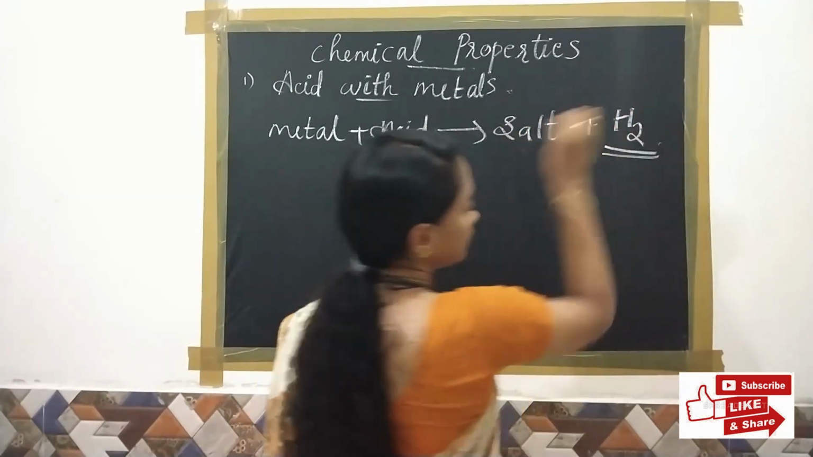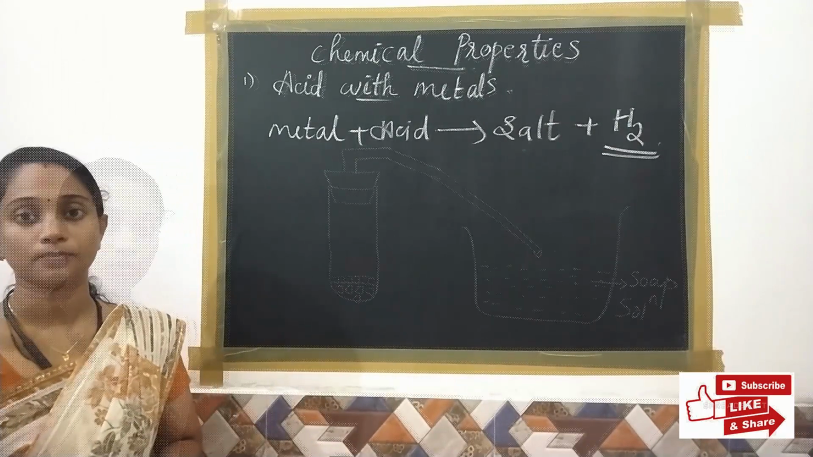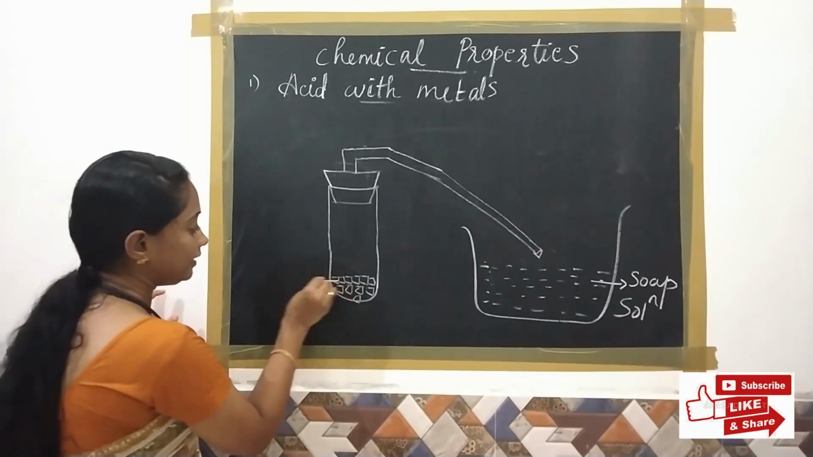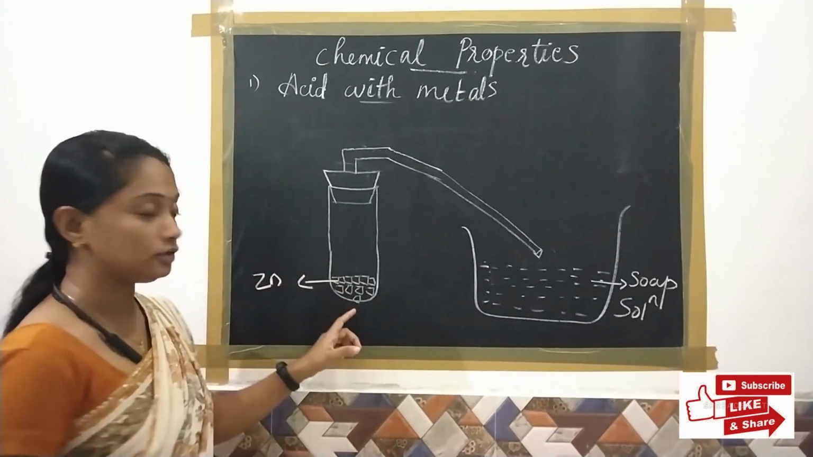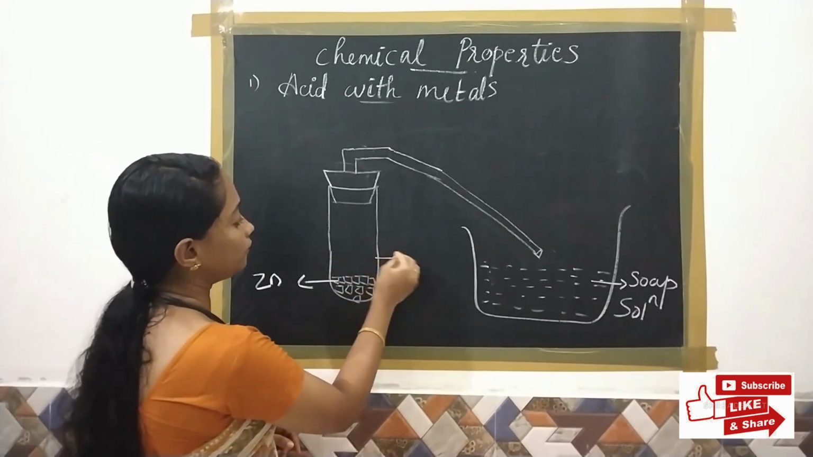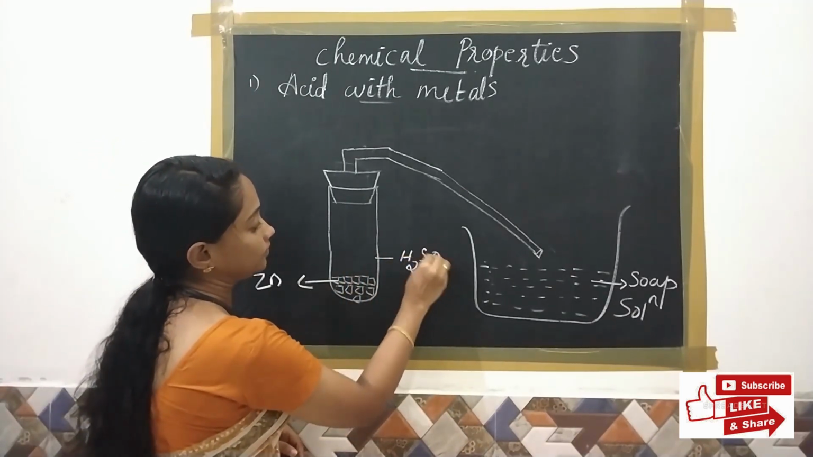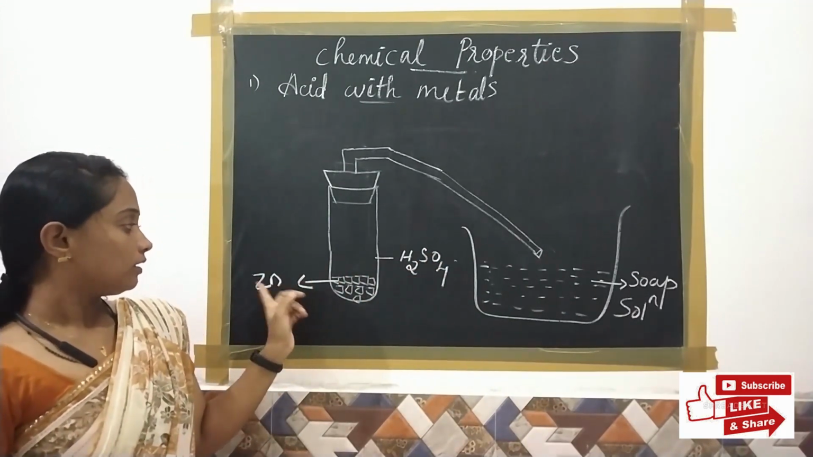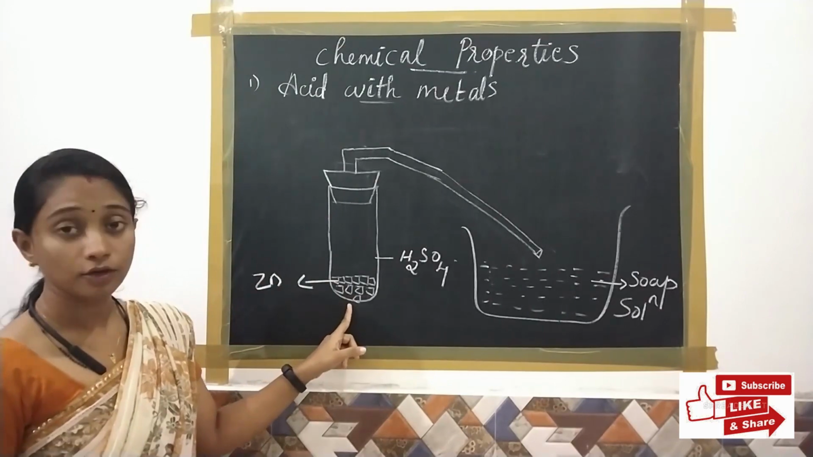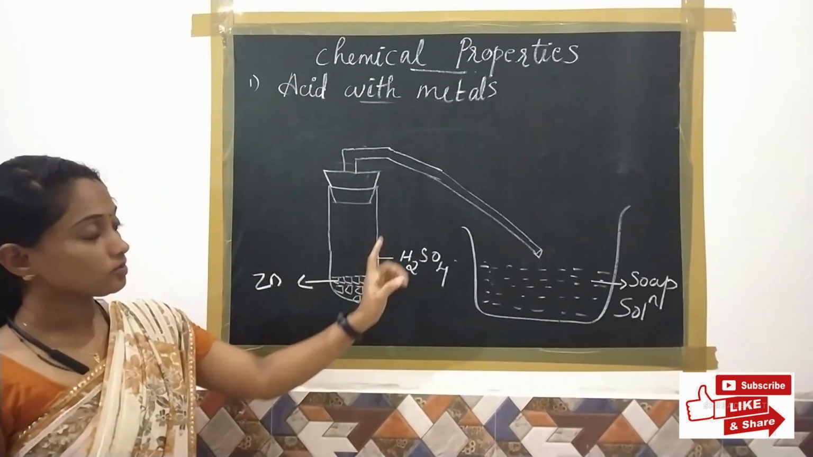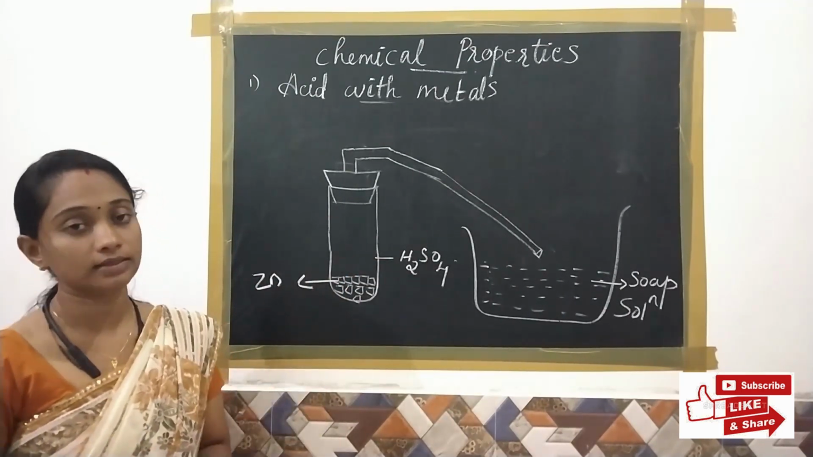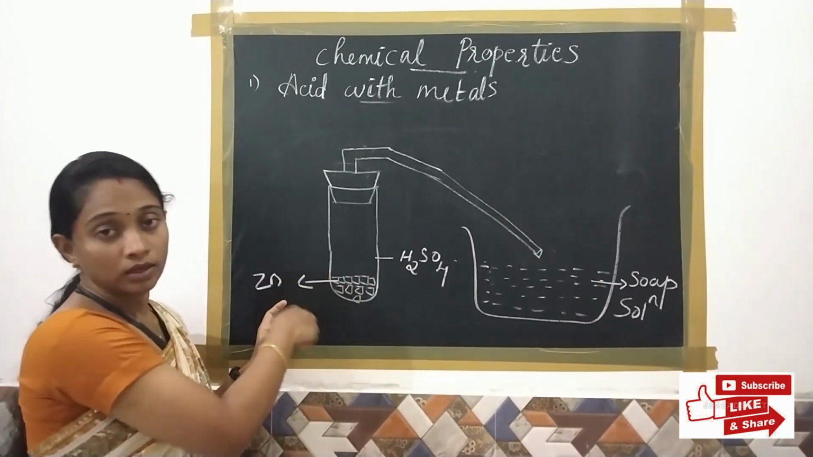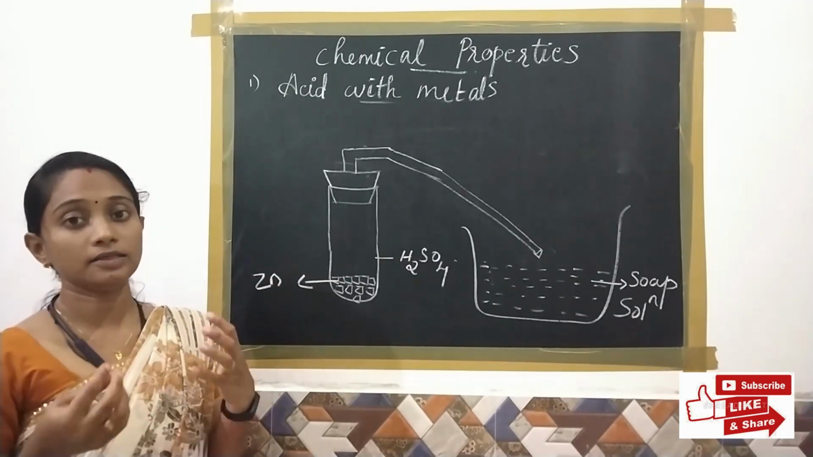Let us see a small activity. Take some zinc granules in a boiling tube and add approximately 5 ml of H2SO4, that is sulfuric acid. After the reaction of H2SO4 and zinc, we can observe some gas bubbles at